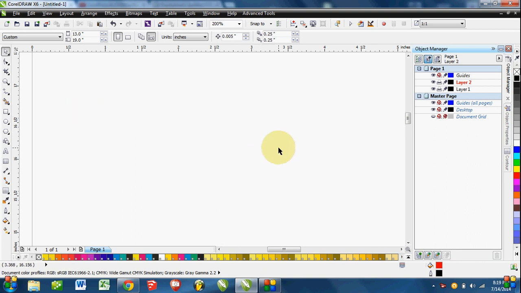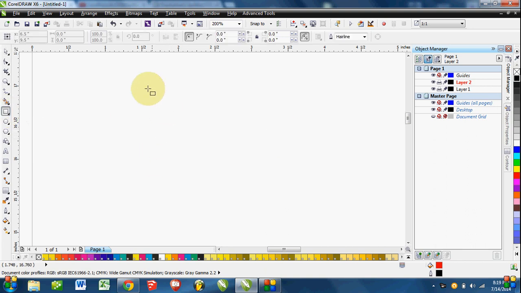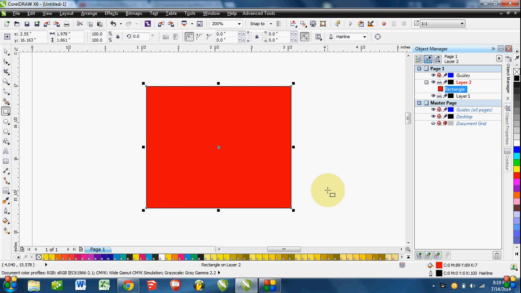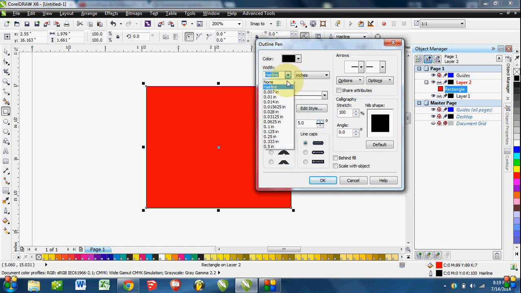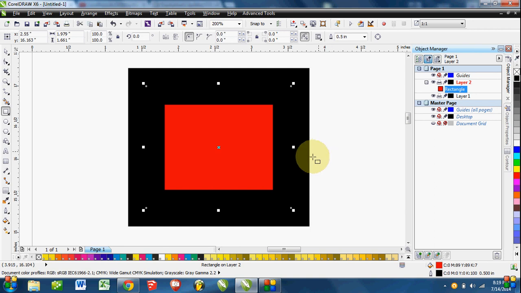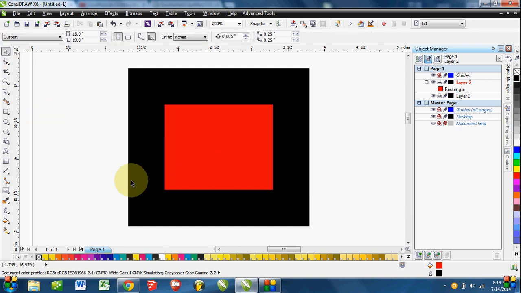Okay, basically, a vinyl cutter only sees lines. Whatever lines it sees, it cuts. So for example, let's do this rectangle here, and we're going to turn the fill way up on it. Let's say you wanted to cut this out of black vinyl and red vinyl. Well, it's not going to cut like that straight out of Corel like this, because you have to do certain